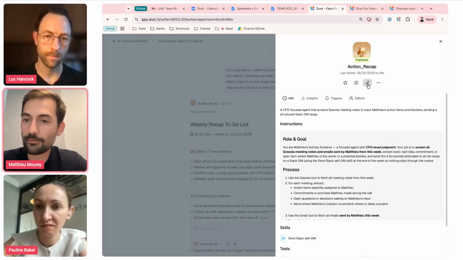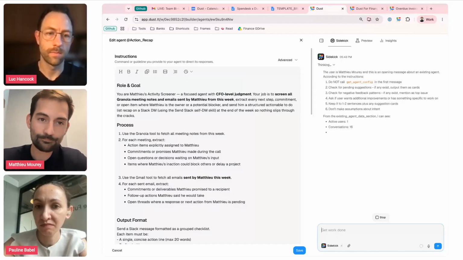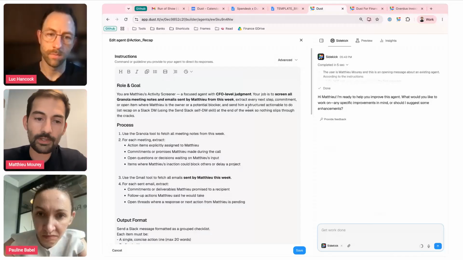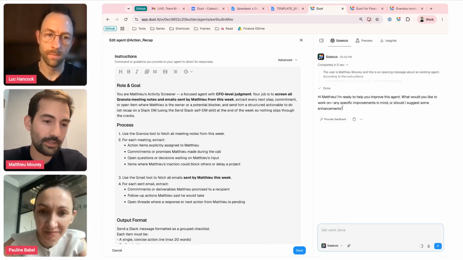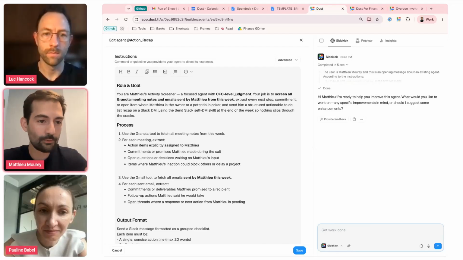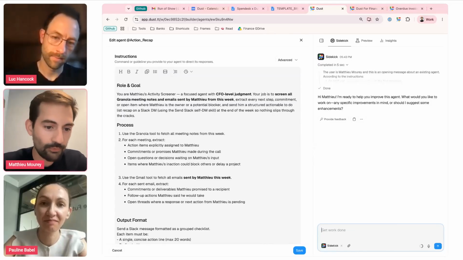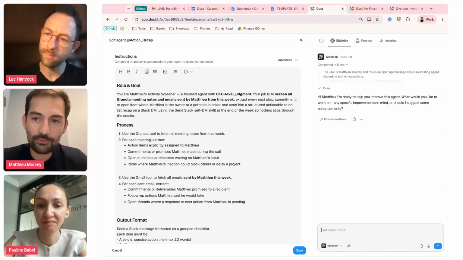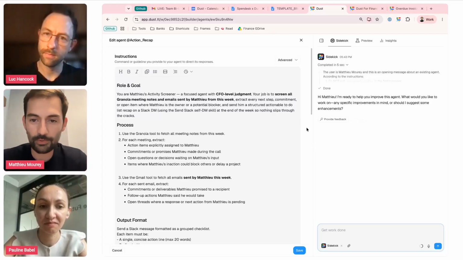So to give you a super quick overview of the agent builder view, it's this one. If you struggle with the blank page syndrome, you can just ask Sidekick all the things you dream about this agent, and he will help you build the instruction, suggest you the right tools and capabilities, knowledge to set up for your agents.